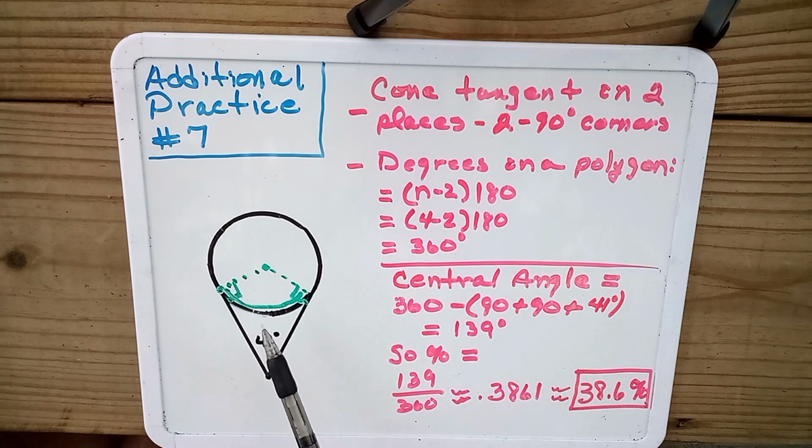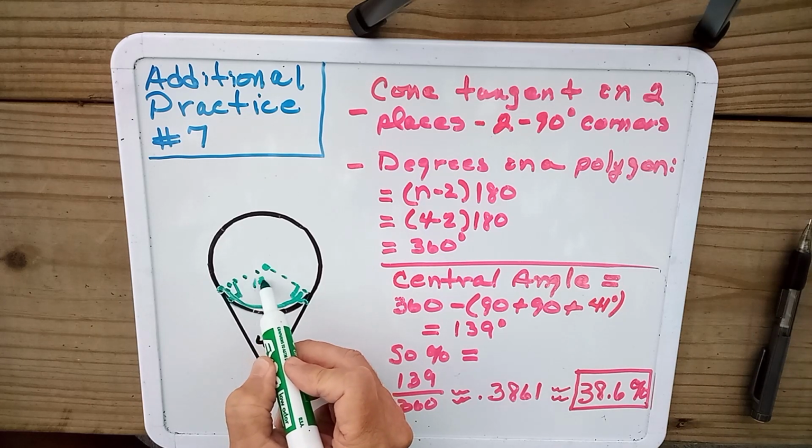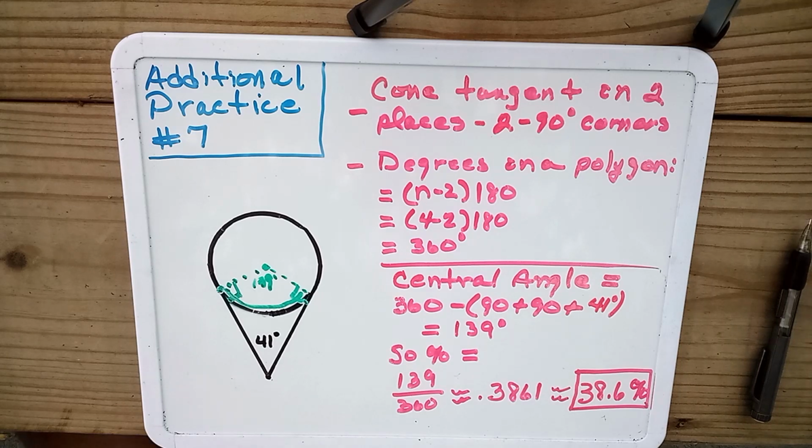So once again, as I mentioned, this is a central angle. So if I can calculate what that is, I know what this portion of the sphere, or minor arc, is. So to do that, we have 360 degrees, and we're going to subtract this 90, and that 41. When I subtract that from 360, I come up with 139 degrees, which is what this becomes. So therefore, if this is 139 degrees, this minor arc that is contained within the cone is 139 degrees as well. But that is not our answer, because they ask us what percentage of the ice cream sphere,